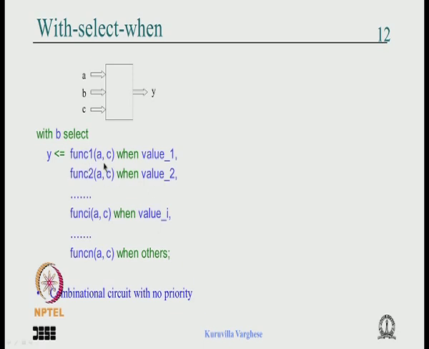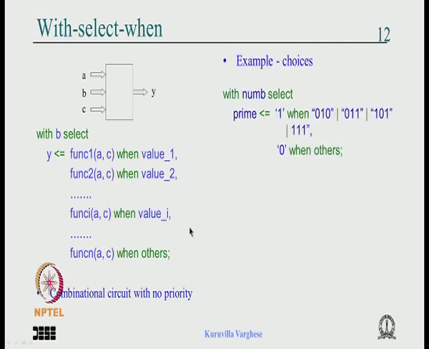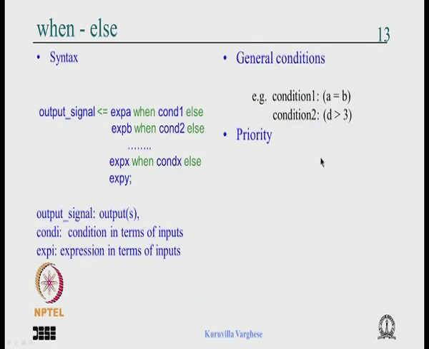Maybe it will translate so that you are bringing in A and C, so some more columns are added and some more rows come into the picture. So it is still a straightforward truth table, and as I said, if the output has the same function or same values for different choices of the values, then you can use OR, and that is what this example says. So that is the with select